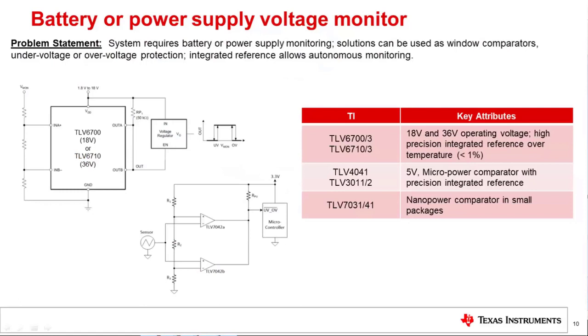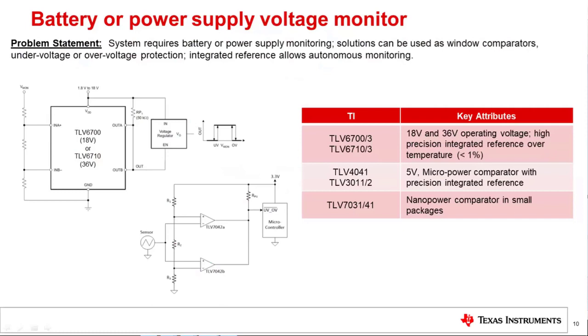If you're coming from an analog power background, you'll typically think of, okay, when I need to monitor a voltage on my system, I could look to use a supervisor of some sort. And I've noticed if you're from more of an analog signal chain background, that tends to shift towards amplifiers and comparators. But really, depending on the type of voltage you're monitoring, you could use either solution, right?